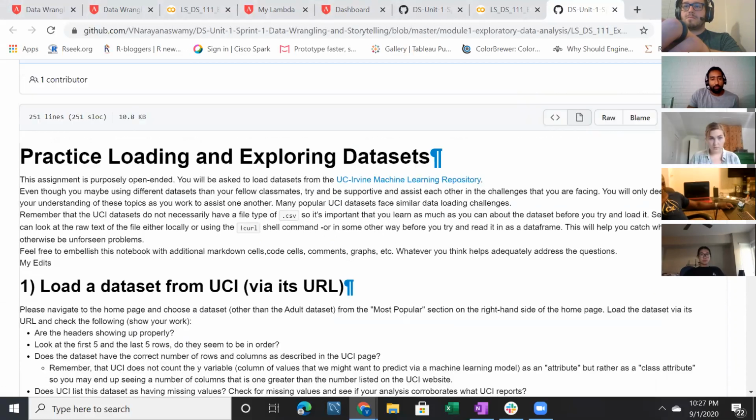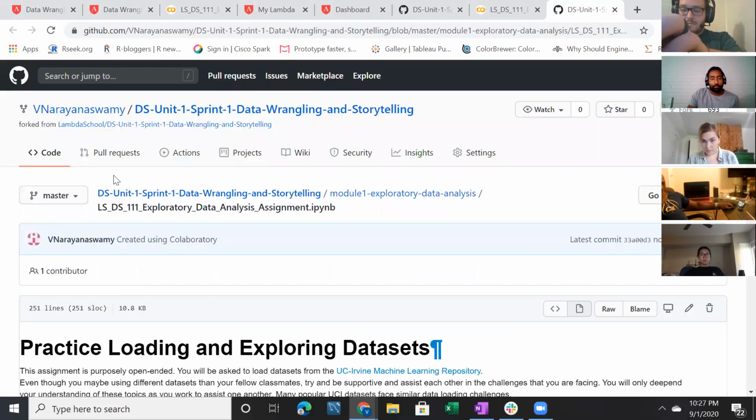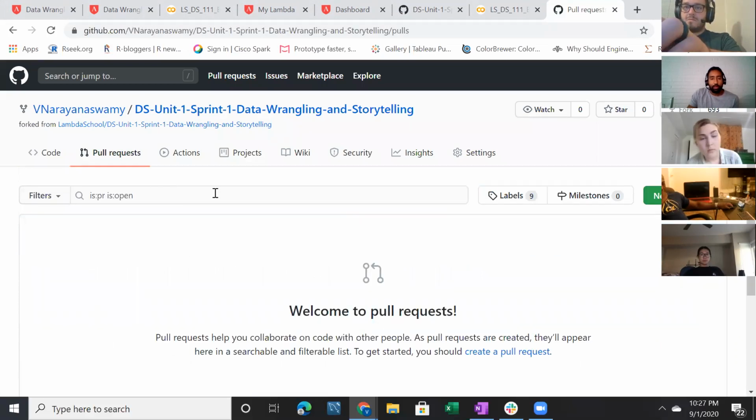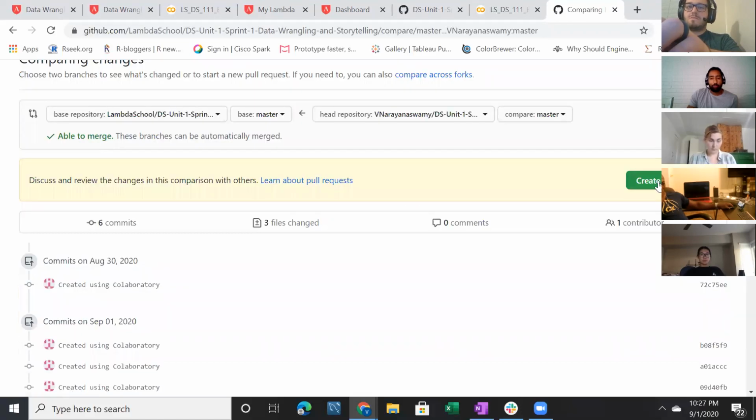So now I've made my edits, and you can see my edits have shown up here. I just added that as the text. Another option that some use to submit assignments is something called a pull request. The pull request allows whoever owns the repository, so somebody at Lambda School, to see your change. If you click new pull request and then create pull request,